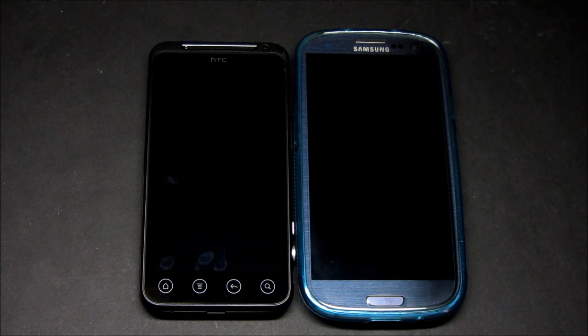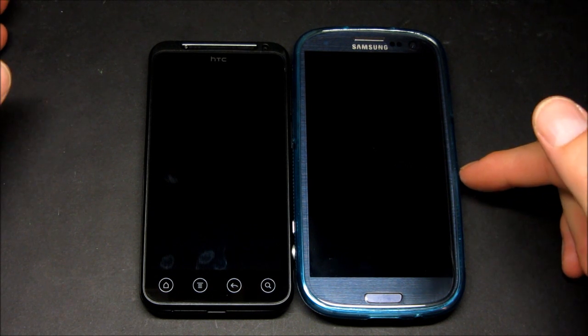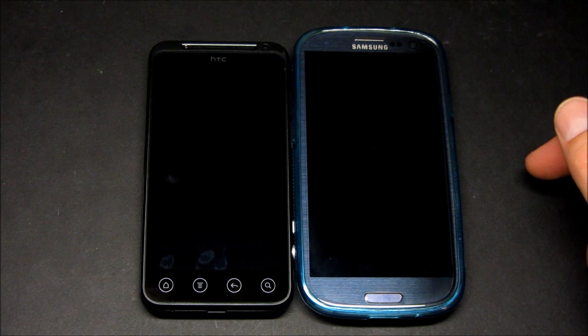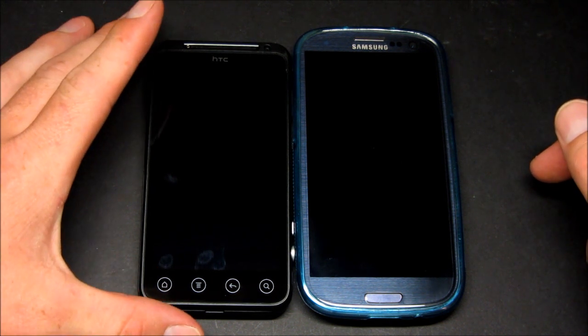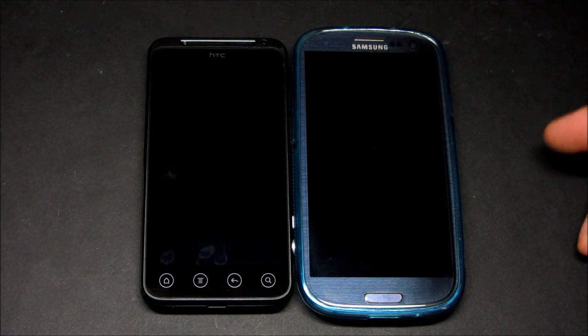Thought it might be kind of interesting to do somewhat of a comparison between the Samsung Galaxy S3 on Sprint and the HTC Evo V, or Evo 3D you might want to call it, that's running on Virgin Mobile's network. But some that might be coming to this video that haven't seen any of my prior videos, you might think this is kind of an unfair comparison, and I'll agree with you, but